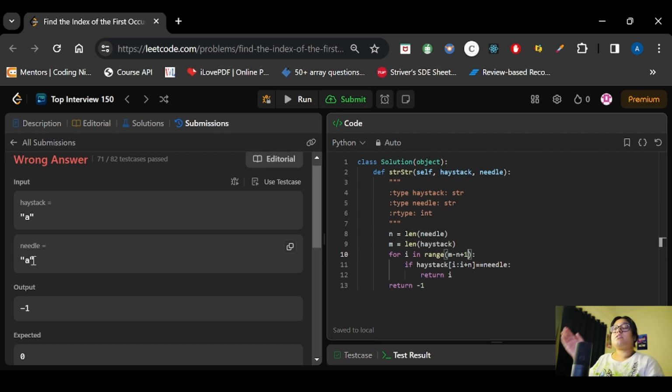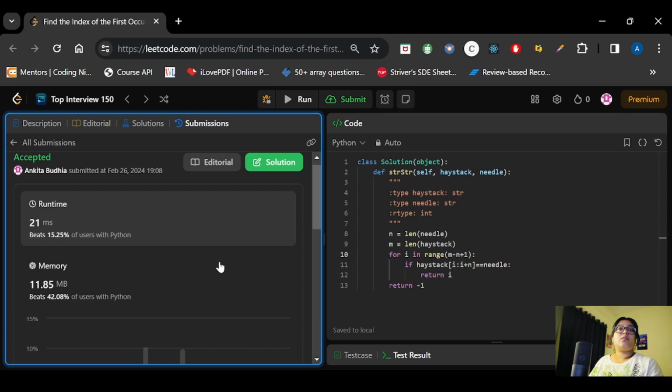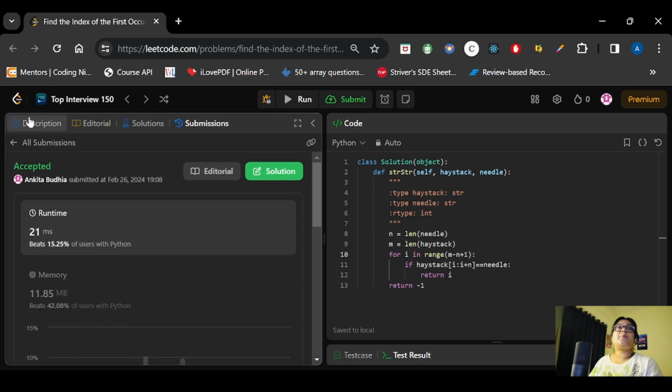It will be considered like the length is 1, so it will be going till less than 0, which is not possible. And if these both are equal, then we need to check that condition, right? So in order to avoid the problem, we will go till less than or equal to m minus n. Okay, so now let's try to submit it again. So this code has been accepted.